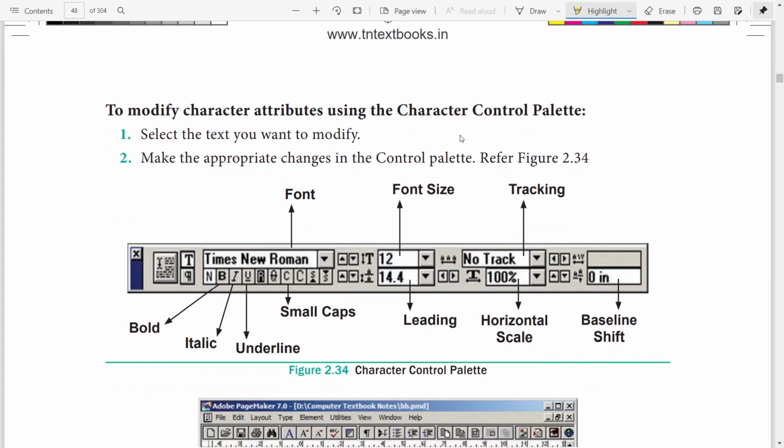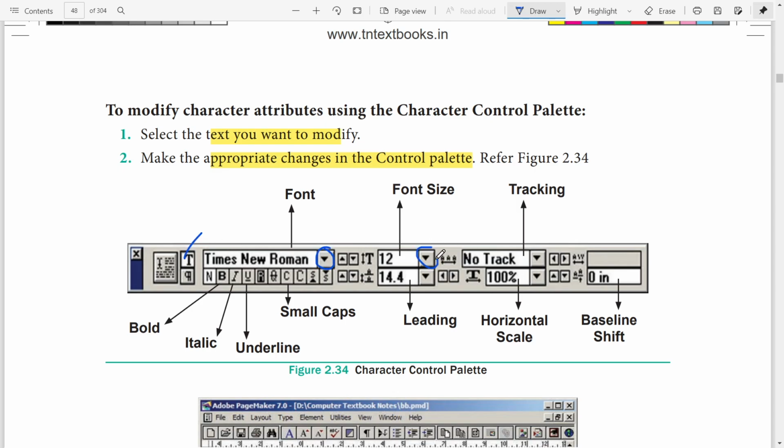To modify character attributes using the control palette, select the text you want to modify, make appropriate changes in the control palette. See, font can be changed.